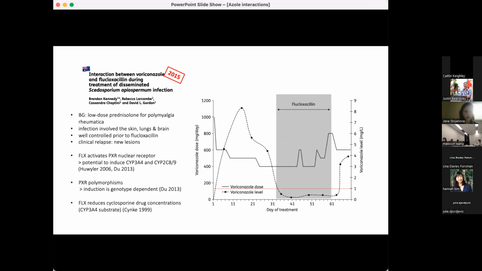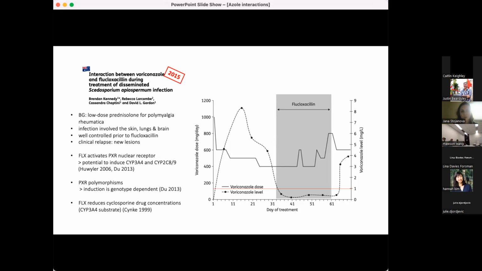So the initial report was a single case. This was a person taking a low dose prednisolone for polymyalgia rheumatica. This resulted in an S. apiospermum infection involving the skin, lungs, and brain. It was well controlled with voriconazole prior to starting flucloxacillin. However, when flucloxacillin was started, clinical relapse occurred with new skin lesions, and the voriconazole concentrations were found to be